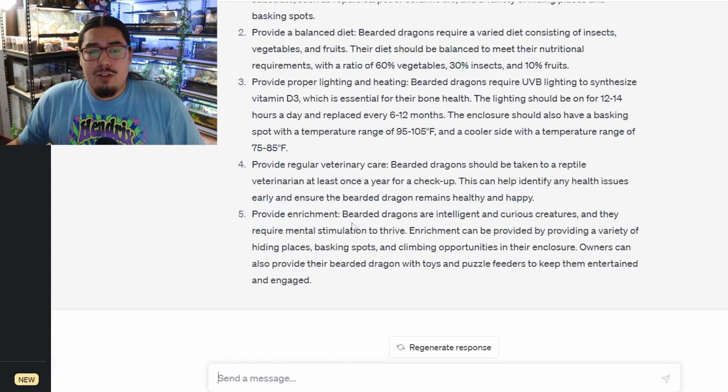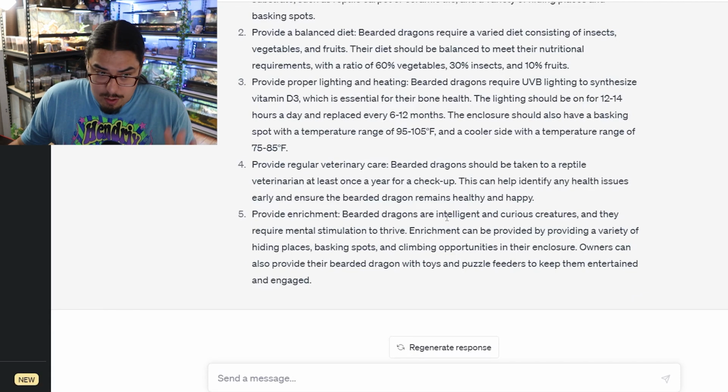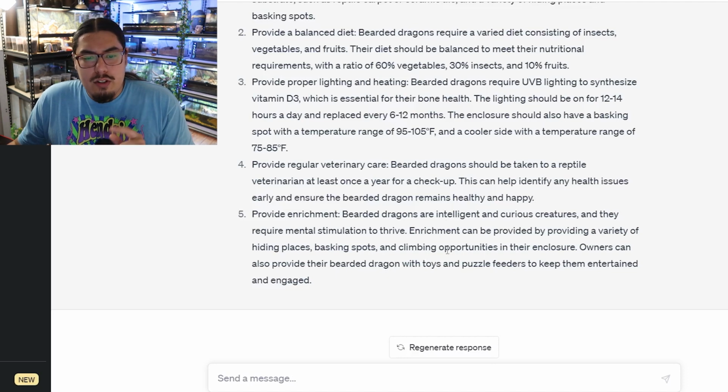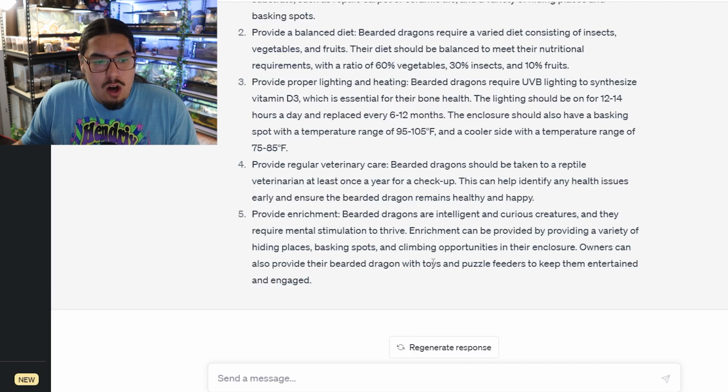That's wild. Oh man. Provide enrichment. Bearded dragons are intelligent creatures. Yes, they are. And curious creatures, they are as well. Require mental stimulation to thrive. Enrichment can be provided by providing a variety of hiding places, basking spots, climbing opportunities. Owners can also provide toys, puzzle features. That's what's crazy. My entire time, I've been keeping bearded dragons for almost 20 years, and I've never thought of